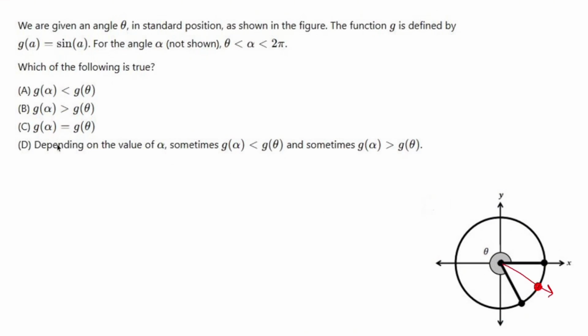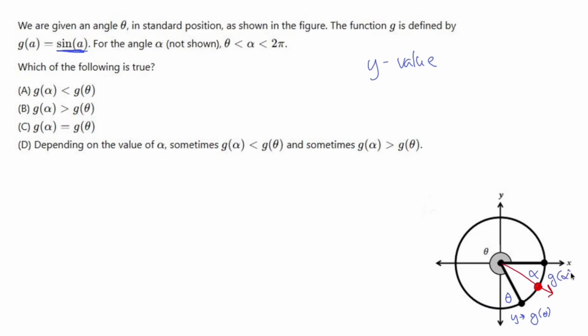So you plug in alpha, you get some information, and then we'll see what happens. Let's see what they're trying to ask. You're going to plug in some point, and you're going to use the sine function to get something. Now, the sine function is going to be a y value. So when you look at these 2 points, you have this point which has to do with theta, and this point which has to do with alpha. The y value is going to be g of theta for this black dot right here, and for this red dot,